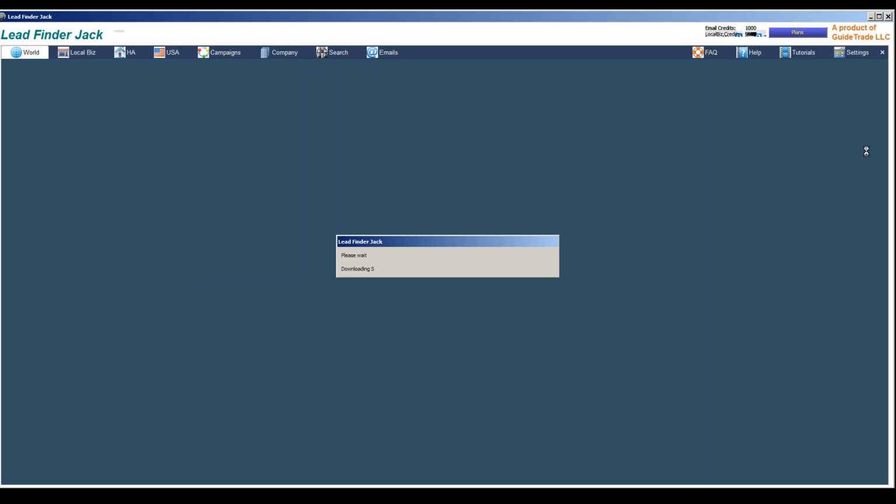Is Maps Hero standalone to work? Must you have Lead Finder? No, Maps Hero is a standalone, but it describes